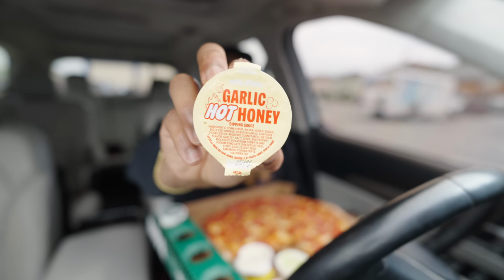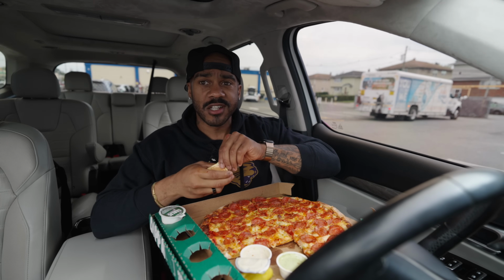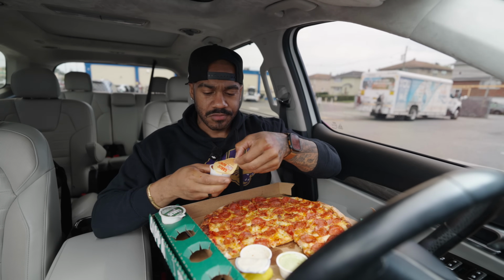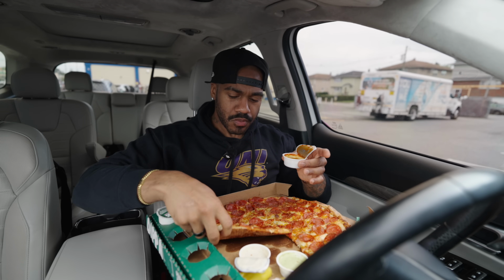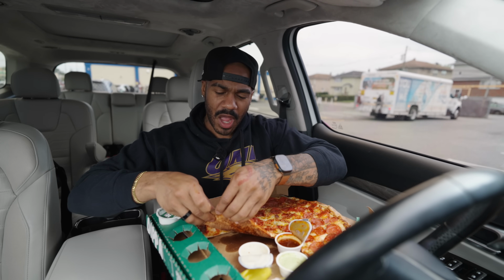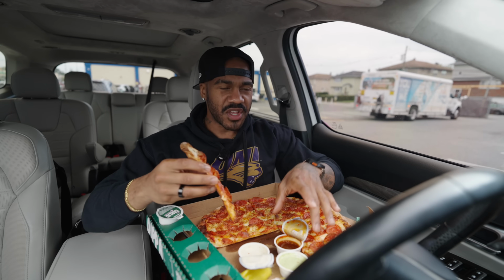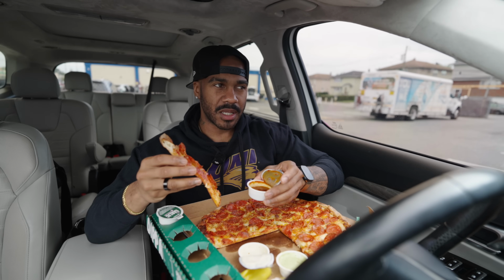But anyway, garlic hot honey. You know hot honey is all the rage. I'm surprised it took Papa John's this long to get something with hot honey. But this sauce is much thinner than the other ones. I feel like, man, I like hot honey. I feel like maybe the garlic's gonna make this better. But I've said this a few times. It's one of those things that, similar to Dubai chocolate, I like it. It's just that it kind of irks me as a food person that every time something gets trending, every company follows suit in the next month. And then it just gets to the point like,